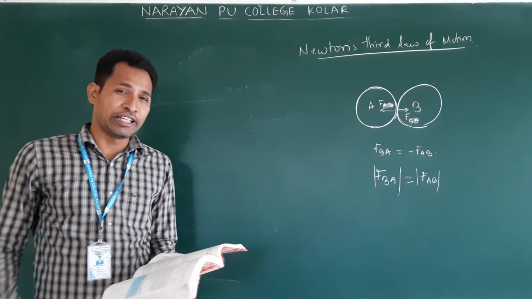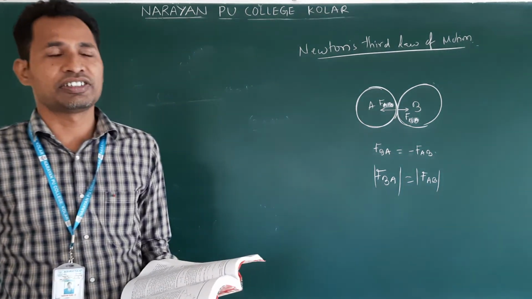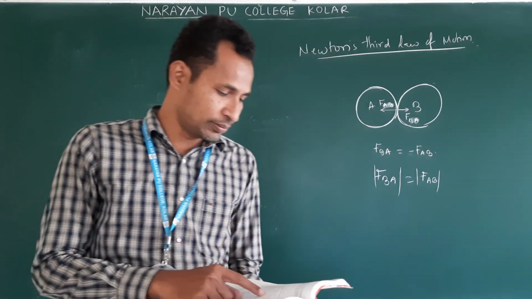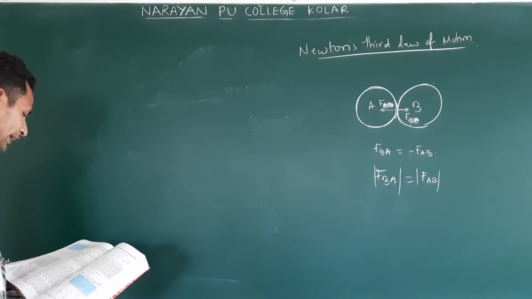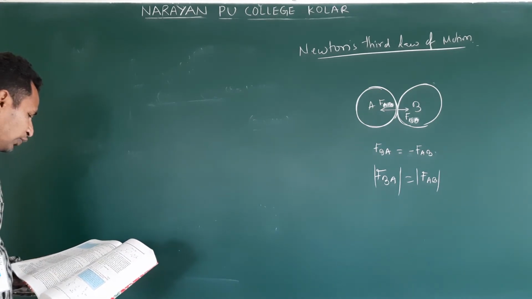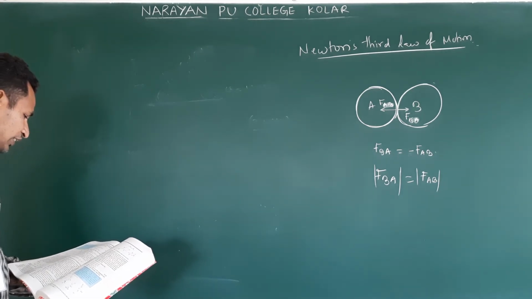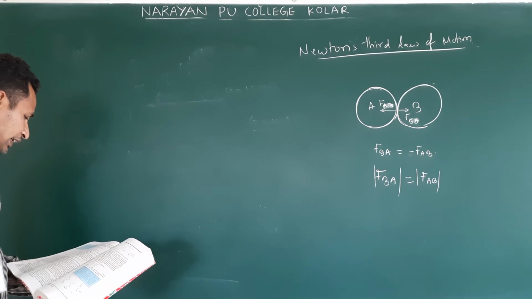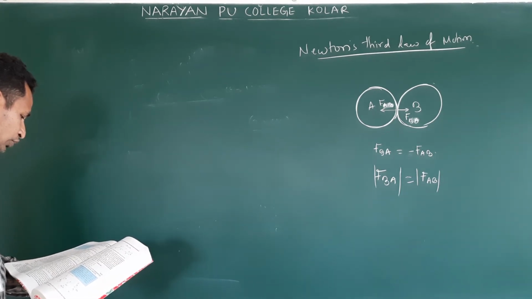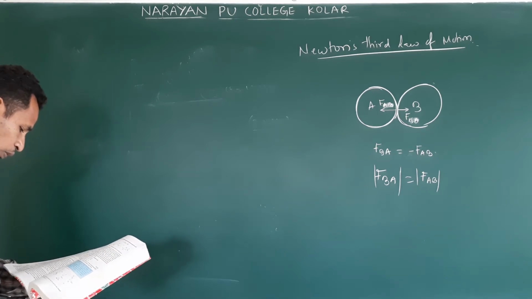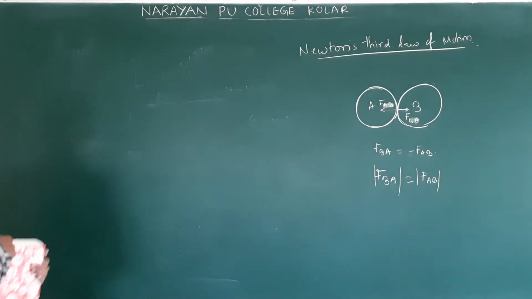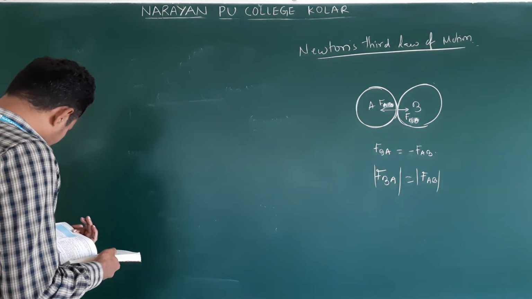Next, example problem 5. Very important question. This is not from this year; last year they asked this question in the NEET. They changed the numericals, I mean the values changed. Fifth question: two identical billiard balls strike a rigid wall with the same speed but at different angles and get reflected without any change in speed, as shown in the figure. Find the direction of the force on the wall due to each ball, and the ratio of the magnitudes of impulses imparted to the balls by the wall. Okay, first question and second question they asked.